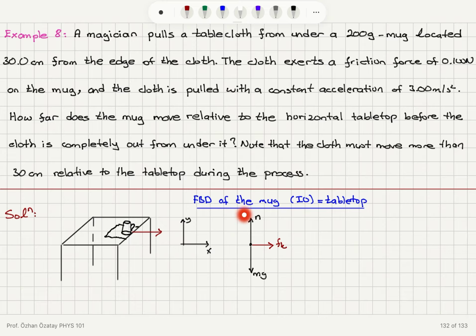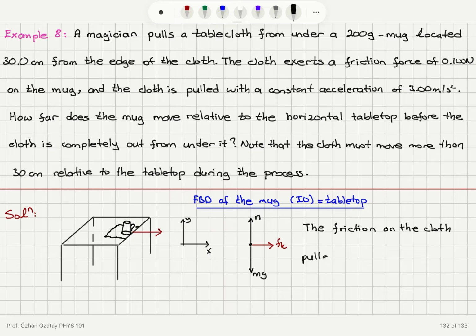Now, I start with a free body diagram of the mug. So here is my mug. It feels a normal force pointing up, mg weight pointing down. Now this cloth is being pulled to the right. That means the cloth feels a friction to the left, so the mug feels a friction to the right. So the kinetic friction is acting to the right on the mug. Okay, so this is an important observation because it's a mutual force between the mug and the cloth. The friction on the cloth is opposing its motion, so the friction on the cloth